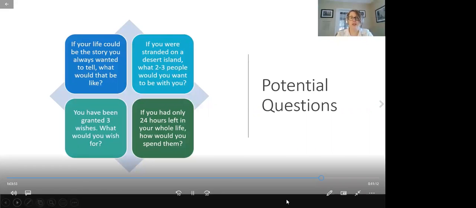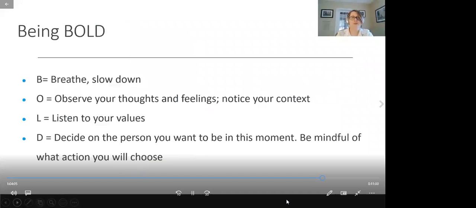Some questions we might ask to get people in touch with their values are these. And you can do values work just through conversation, or you can do little writing exercises like we did. You can do imagination exercises, and there are many in the ACT literature. And to actually get people to connect in with their values in the context of an exposure, you might just teach this little skill here.